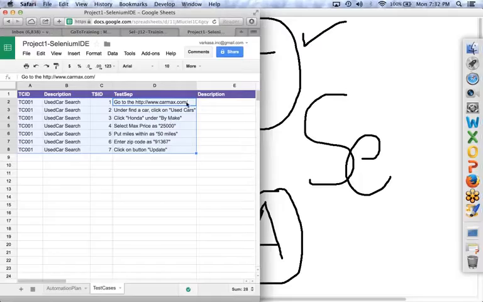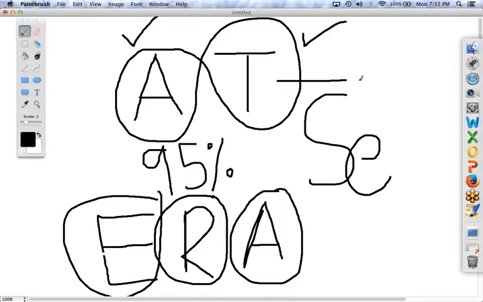I should be able to give clear instructions, and the robot should be able to execute it accordingly. All right. Now, Selenium is such a robot that will help you do automated executions of these steps, but you